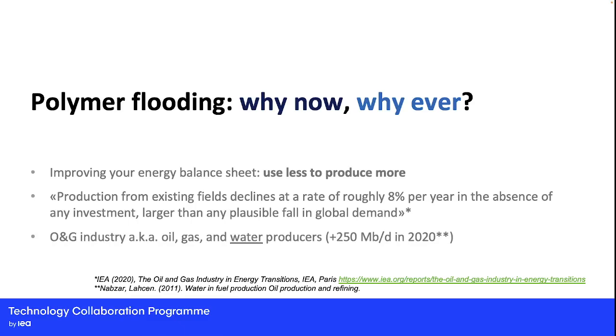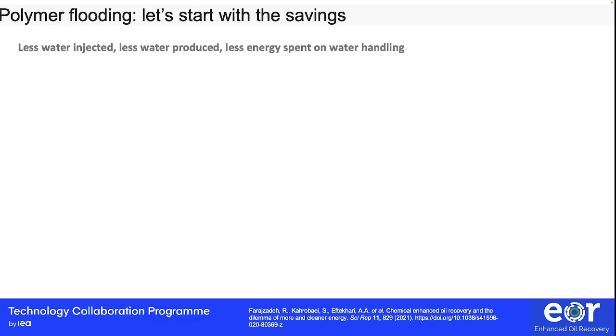And also because the oil and gas industry produces oil and gas, but a lot of water, like 3 barrels of water for 1 barrel of oil, which means, again, there is something here that should be fixed, or at least some efficiency to be gained for sure to minimize these volumes. So let's start with the savings, because that's probably